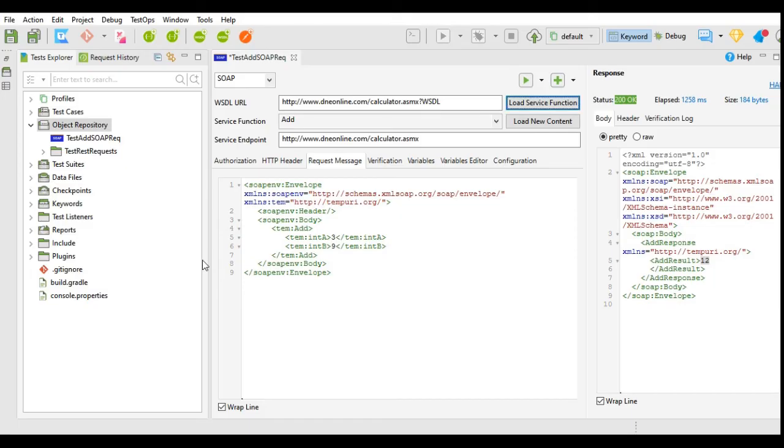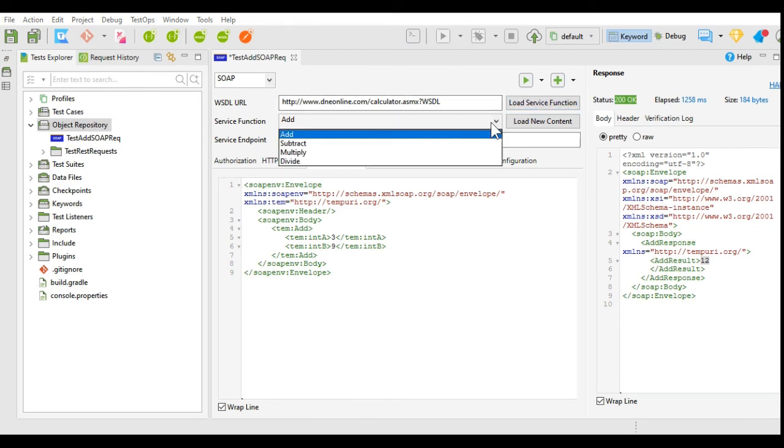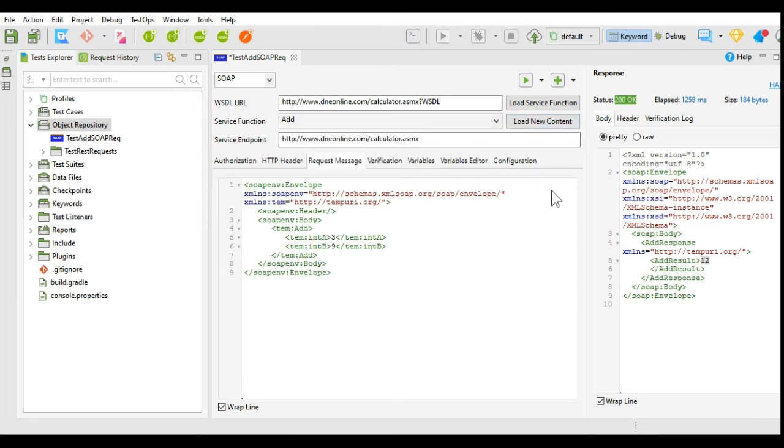Now let's go to Katalon Studio again and let's learn about Import WSDL from file or URL. What is the difference between a new draft SOAP request and import WSDL? Actually, we have used the draft request or the new request wherein we have given the WSDL URL, we loaded the service functions, and we got these many service functions, and we picked one function and loaded the content of that function.